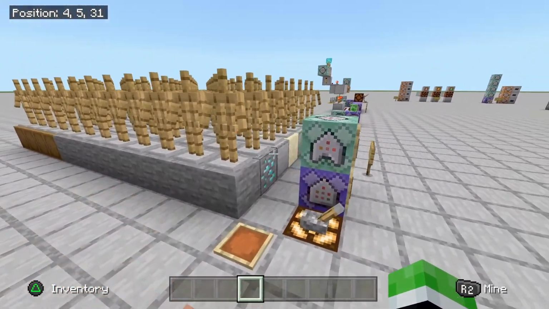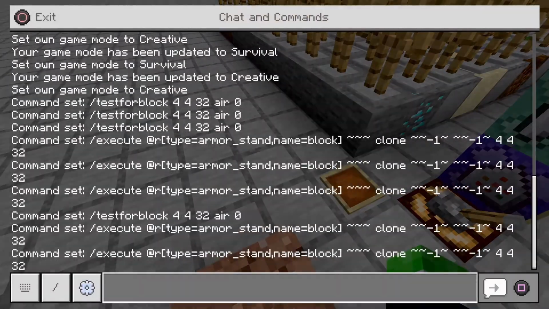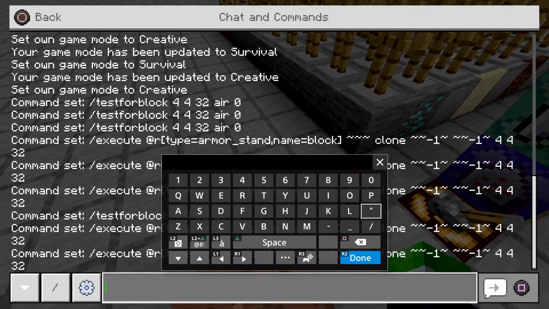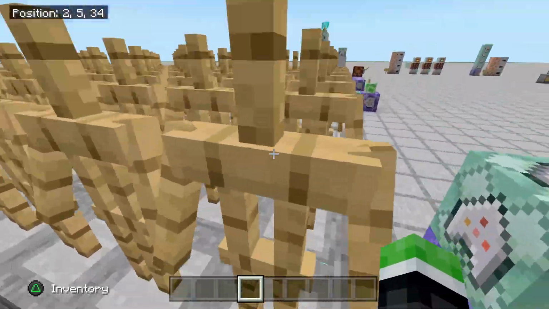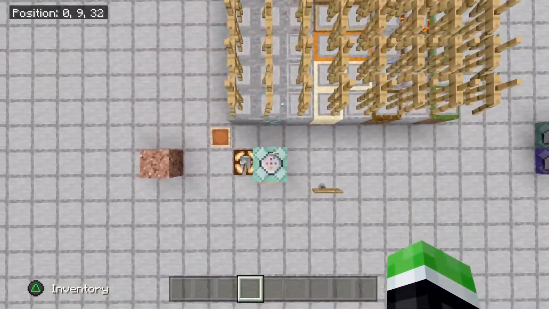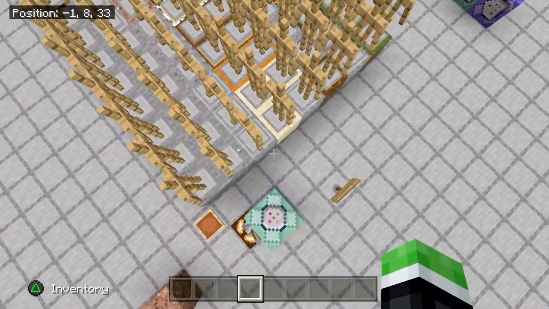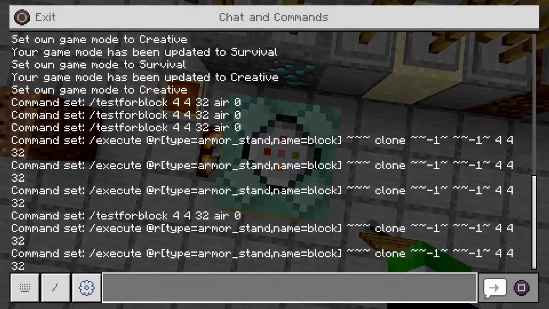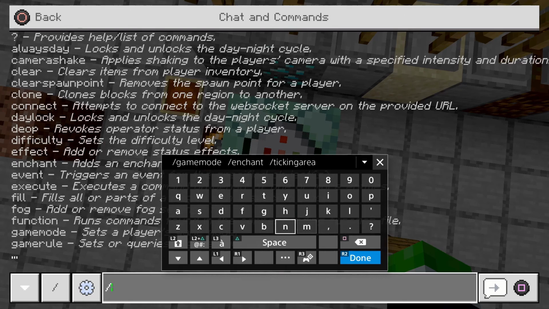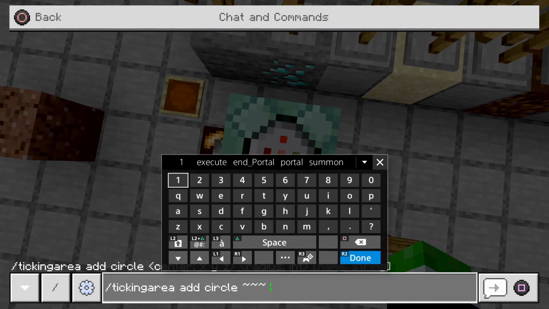Of course, with most of my command block setups, guys, you're going to need a ticking area. So just go on top of the block. Well, these blocks right here is where you're going to need the ticking area. So wherever this command block is set up and wherever these armor stands are set up, we need a ticking area. So just get on top of these,